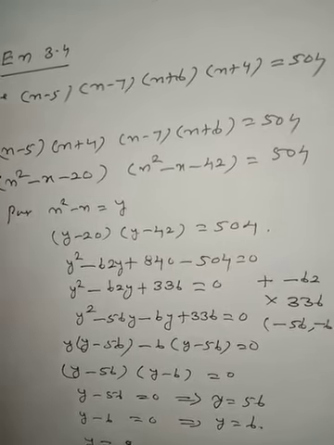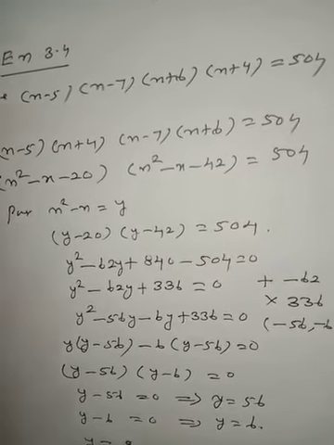x is common, x minus 3, plus 2 times x minus 3 is equal to 0. This means x minus 3 into x plus 2 is equal to 0. So x minus 3 is equal to 0 and x plus 2 is equal to 0. x minus 3 is equal to 0 implies x is equal to positive 3. x plus 2 is equal to 0 implies x is equal to minus 2.